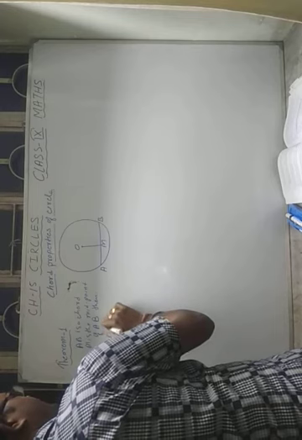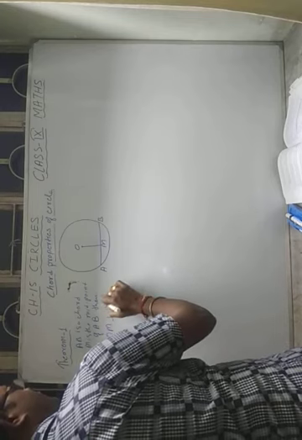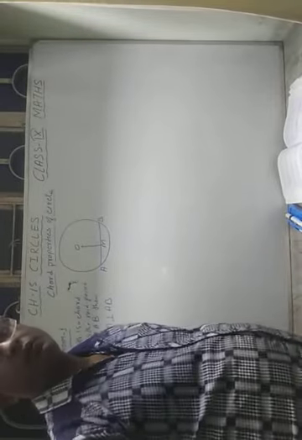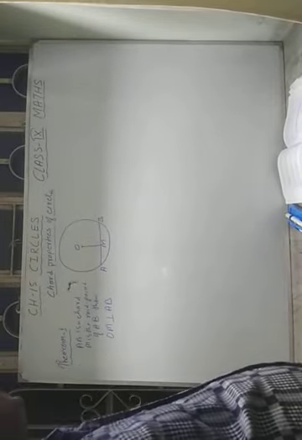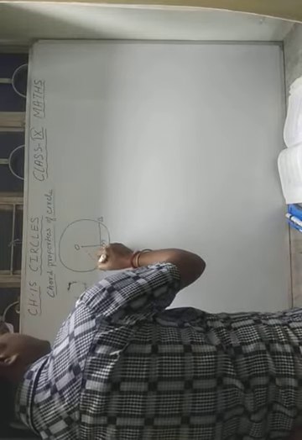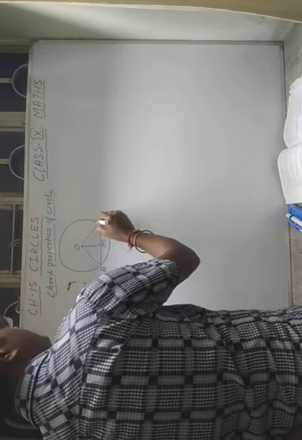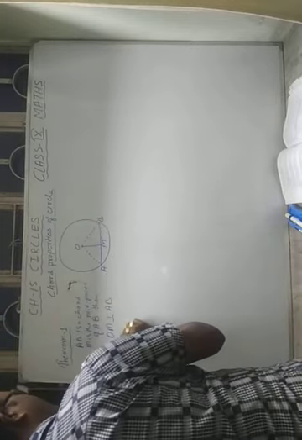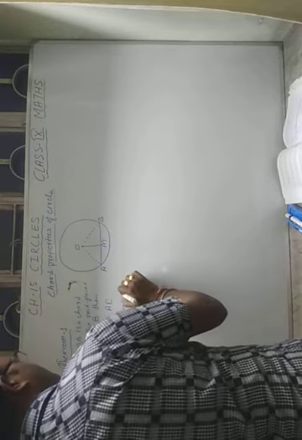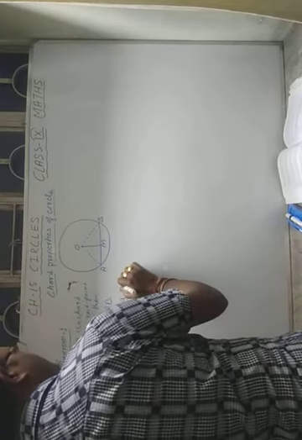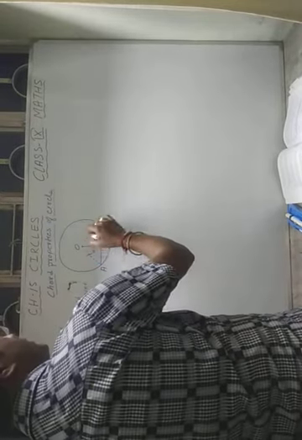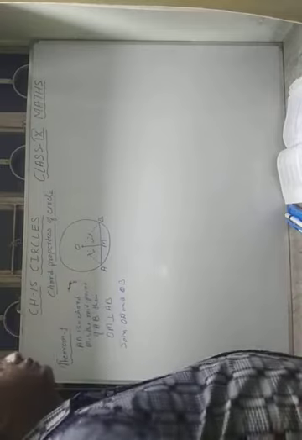It said that OM is perpendicular to AB, and OM will be perpendicular to AB. So you can prove it very easily. It is perpendicular because if you join these radii OA and OB, first you can write join OA and OB. So by considering these two triangles, what we will get, these two sides are equal because radii of a circle are equal.